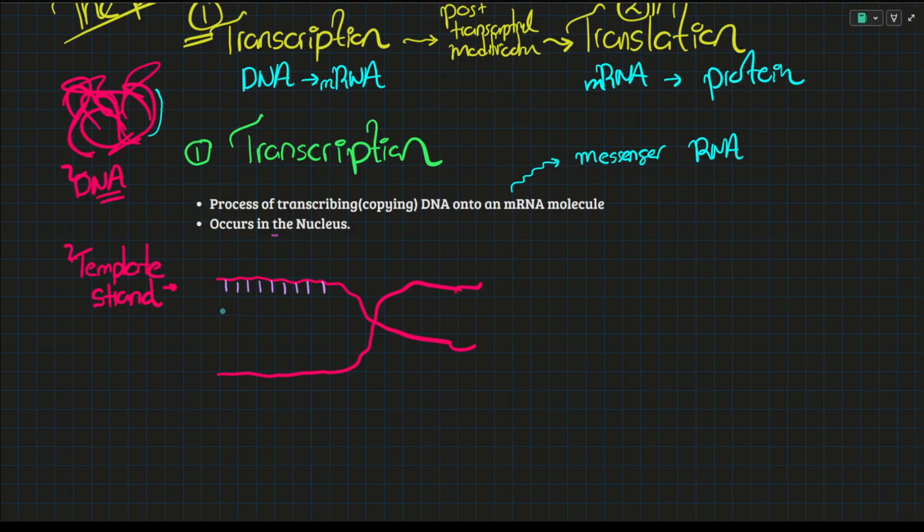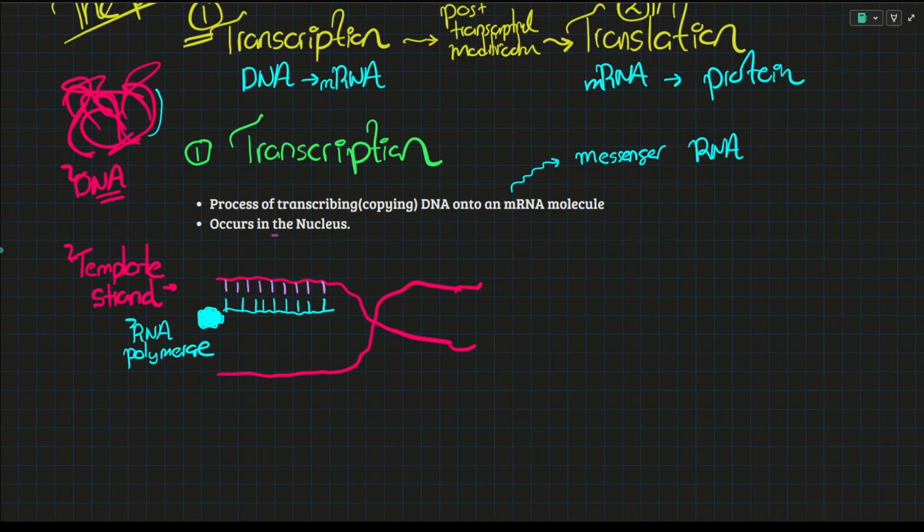Now we have to produce a small segment like this of RNA, or in other terms of mRNA. This is being done by a very specific enzyme known as RNA polymerase. Now don't mix this up with DNA polymerase or primase or anything. This is a completely separate enzyme only involved in protein synthesis, not DNA replication. Those are two distinct processes. They are very close by in these chapters, so it's easy to get them mixed up. So do not do that.